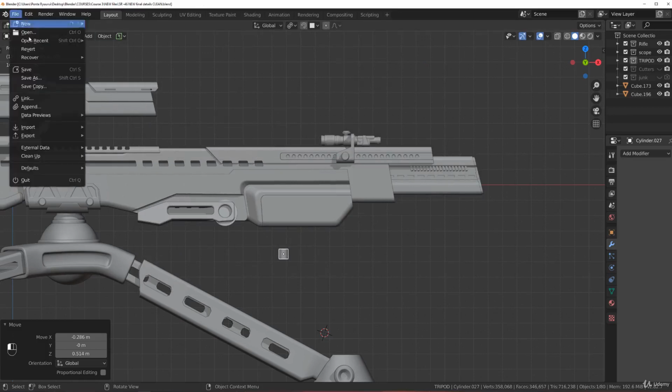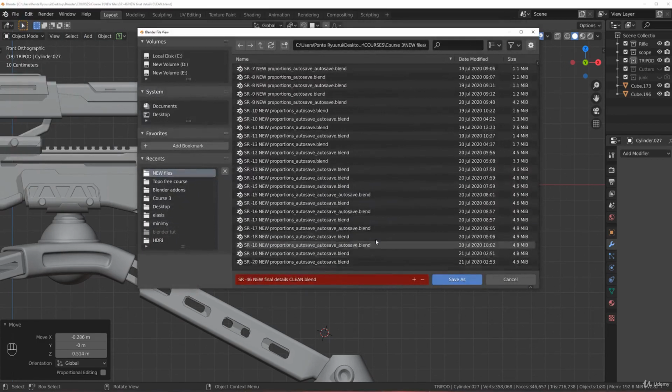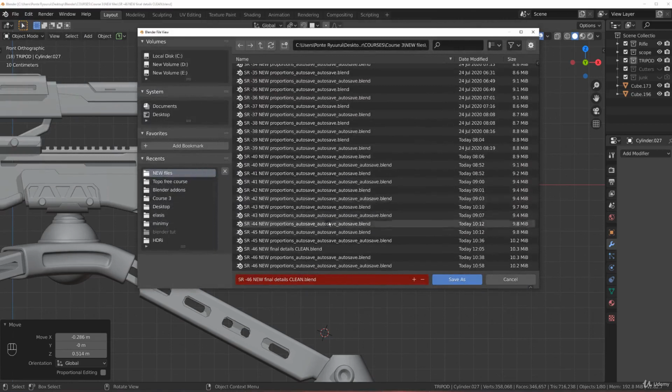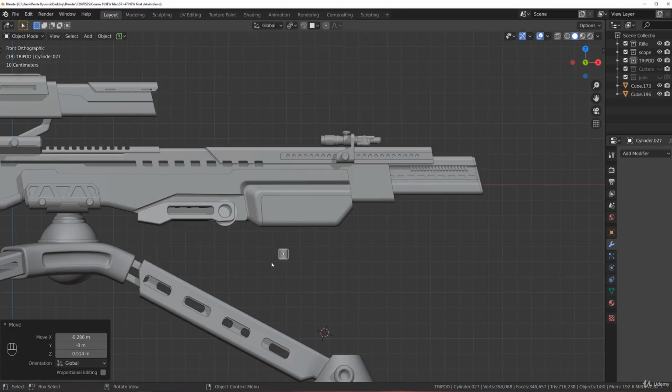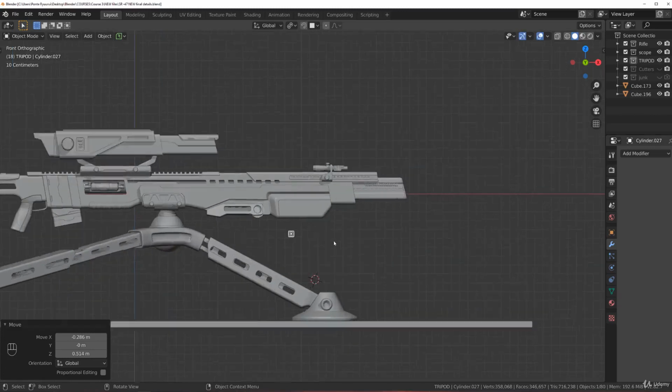And then I'm going to save another one, and this is going to be 47, and finally just clean. We're gonna remove this clean part, just find final details and dot blend. So by doing so, I have a clean gun to go back to